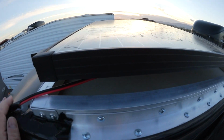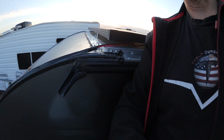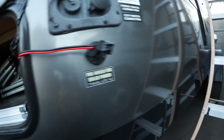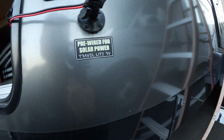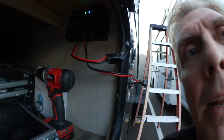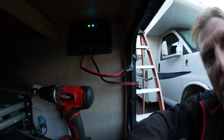And then here's the cable going out, and the cable goes alongside on the trailer all the way down, and it comes to the inverter. And I'm going to show you that as well, where that is. It is pre-wired for solar power, but it isn't. So I led that in here. I didn't want to drill into the housing there, and then here is the inverter in there, the charge controller there,